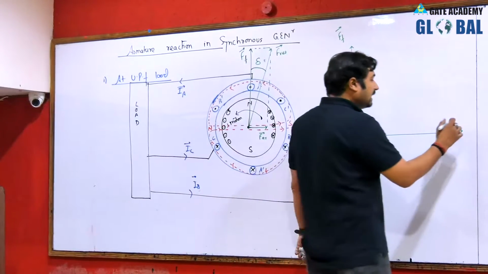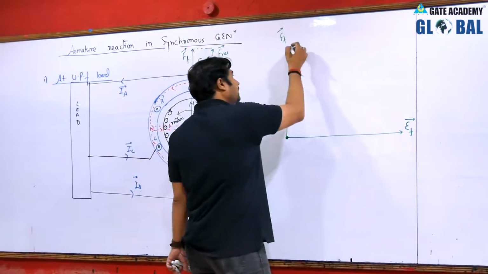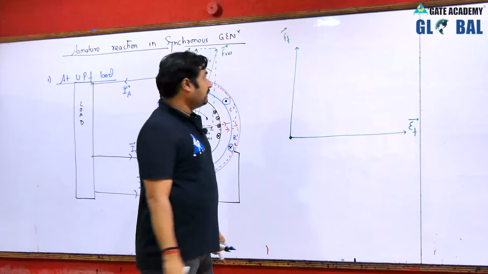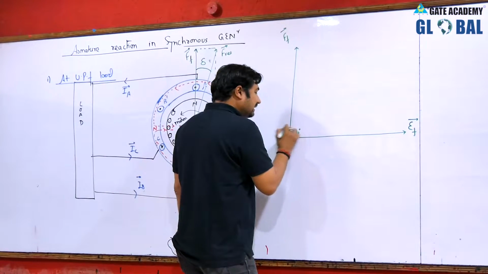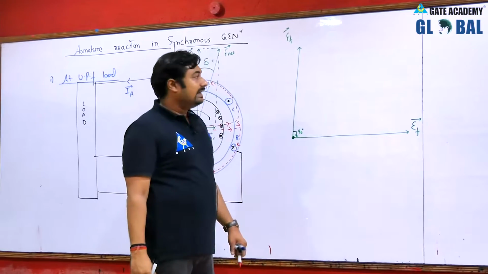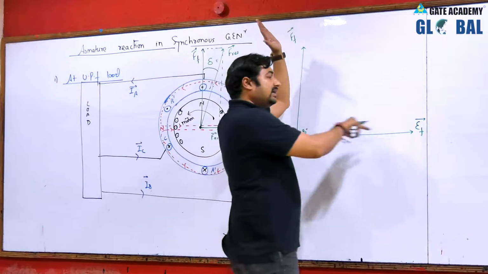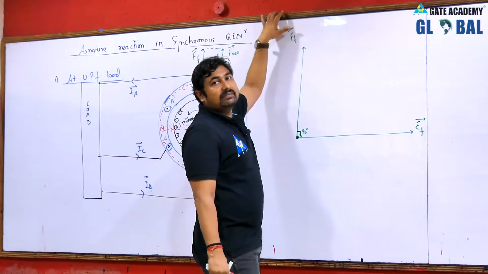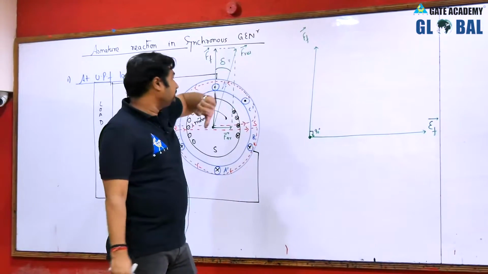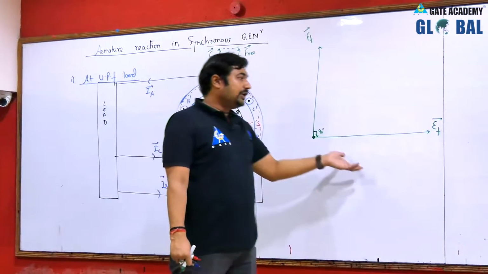So always remember that induced EMF in the rotating machine is 90-degree lagging to the field. So if this is the field, I am taking this to be lagging by 90-degree, and that I have represented by a clockwise 90-degree. If field is taken as a reference, then induced EMF is 90-degree lagging to the field. d phi by dt, I have taken field as phi m cos omega t. In rotating machine, the field is always considered to be a cos omega t, and therefore induced EMF will become